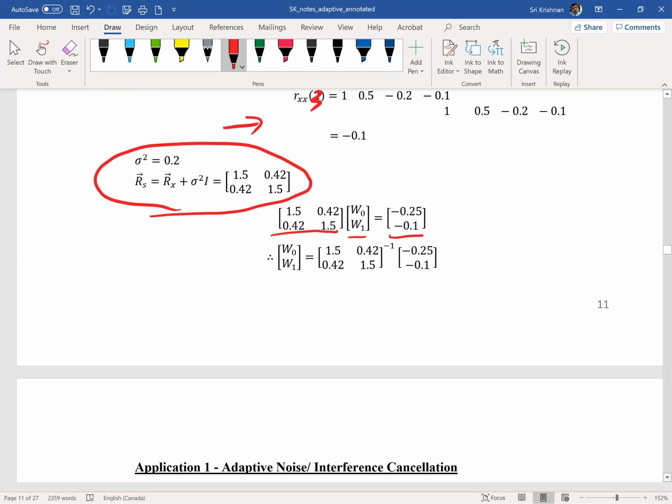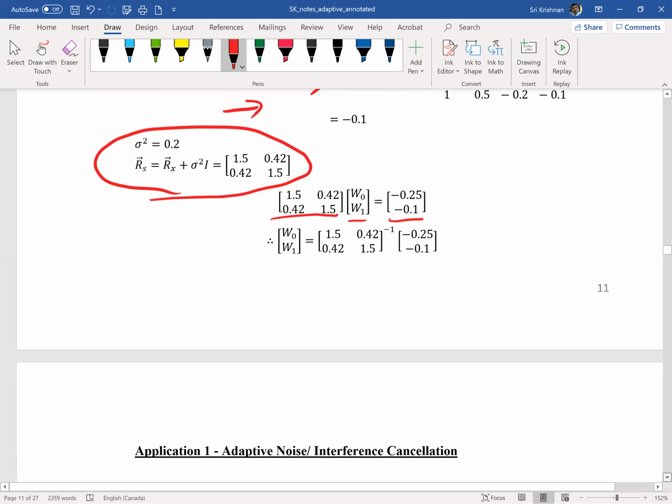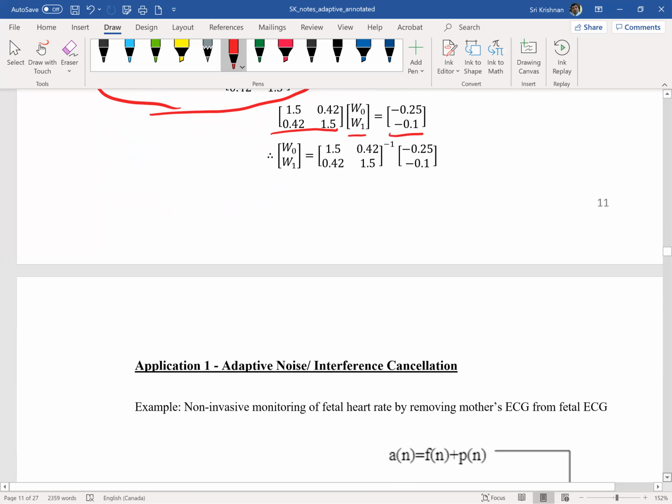And as indicated, if the order is very high, we cannot do this numerically, and there might also be stability issues because R inverse tends to be floating point numbers, and it might get truncated in certain implementations. So a practical way to go about it is using the least mean squares algorithm. With that example, we will look into